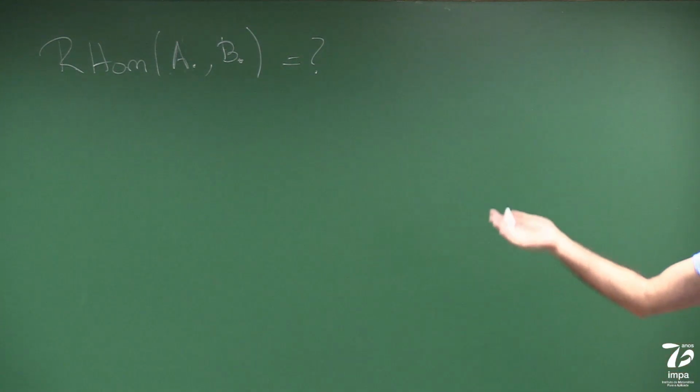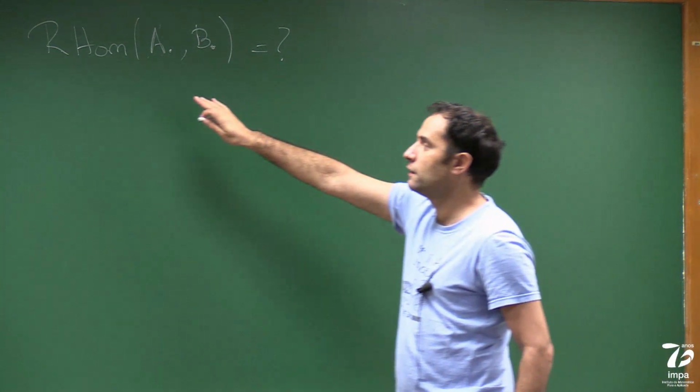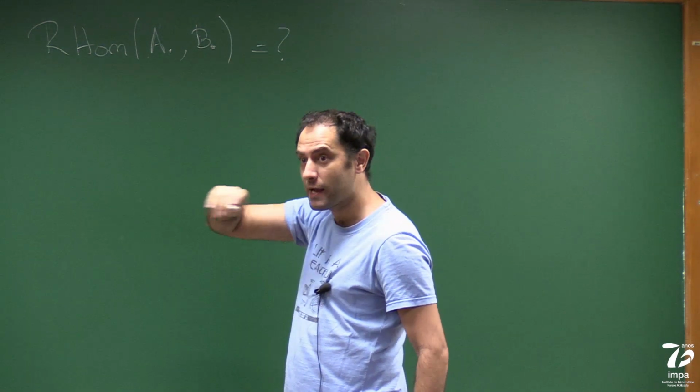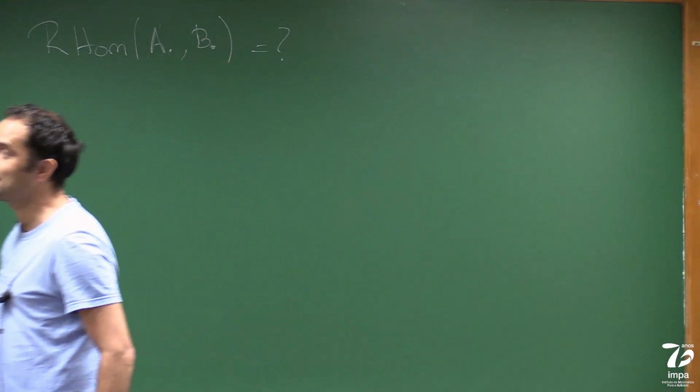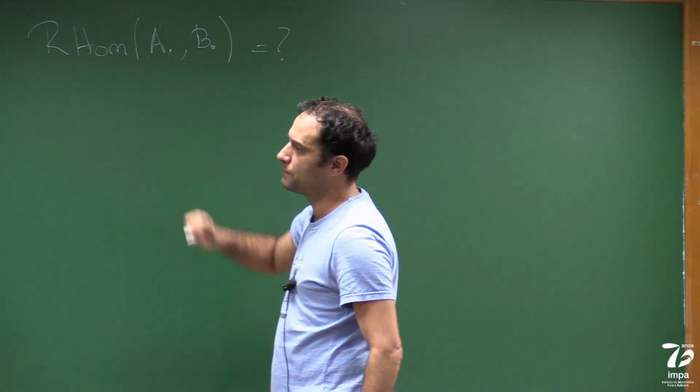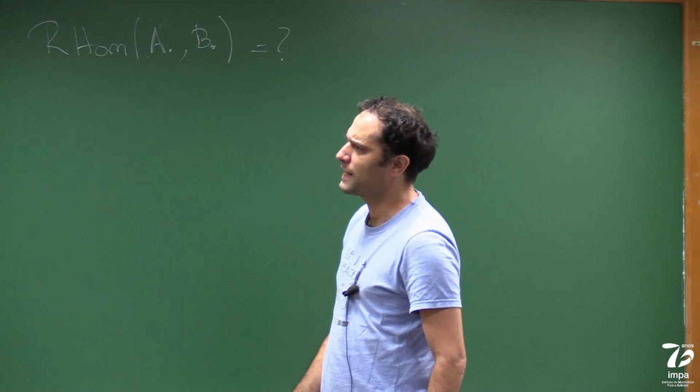I only defined this right derived functor for a left exact functor between the abelian categories, or for an exact functor between the homotopy categories, but I haven't defined that exact functor between the homotopy categories. So in order to deal with this thing, or a slightly more general setup,